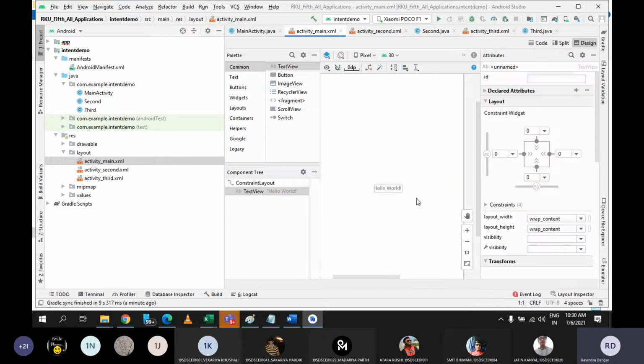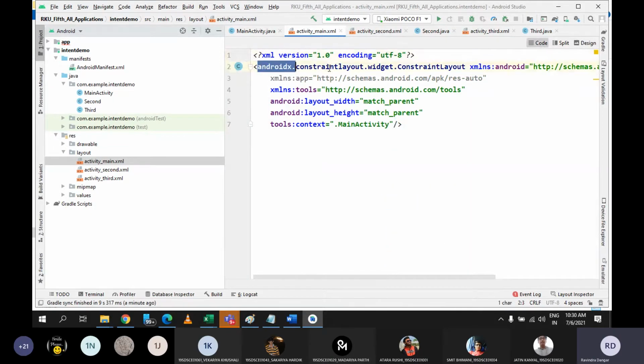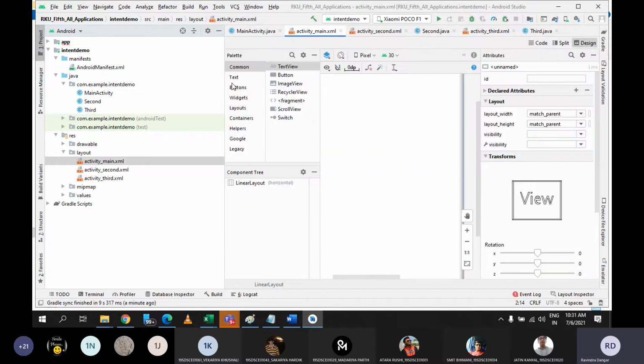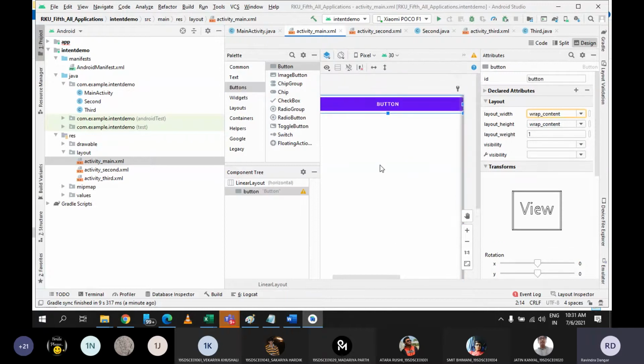Let me remove this. Let's go to the code part. And as I said initially, you don't have an idea about all the layouts, so I'm not going to use constraint layout. Let me rename this with linear layout. See, let me explain linear layout little bit. In linear layout, generally it places all the controls in the same order in which the controls are coming. So for example, if I am using linear layout and if I try to drag the components, so you can see here, if I try to drag this button and if I place it, then you can see by default it is getting placed here only.